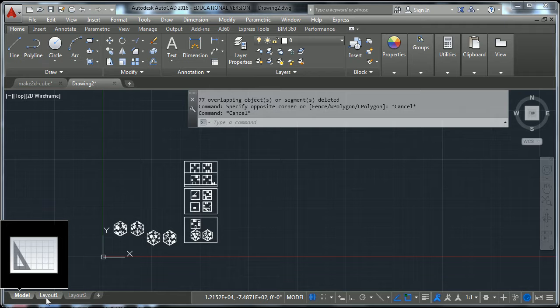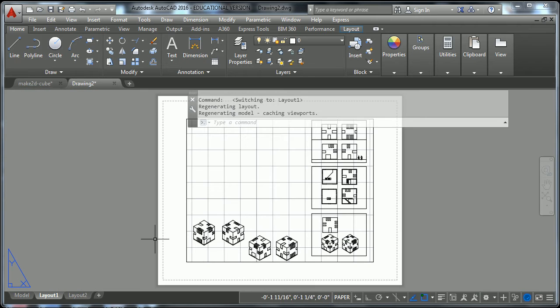If we go down here to the layout tab, if you click on that, you'll get to a virtual paper. Okay, and that virtual paper, when you first click on it, you should have all of your drawing right in there. Okay, and if you click right in there,